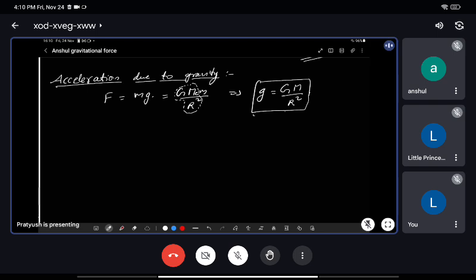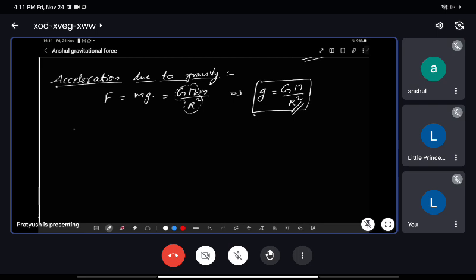Small g is clearly dependent on the radius of Earth or wherever we are present. If we are far away from Earth, then this will be different, and if we are on the poles, then this will be different, because the distance from the center to the poles is less than that of the equator. Okay, so write down,